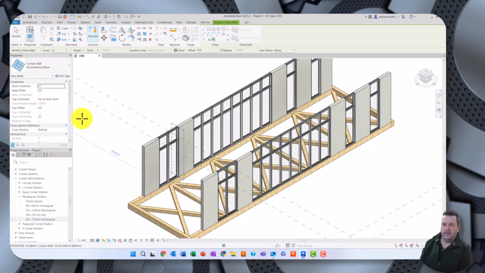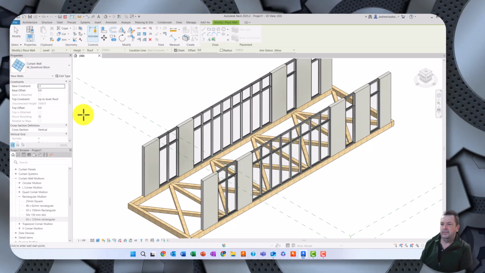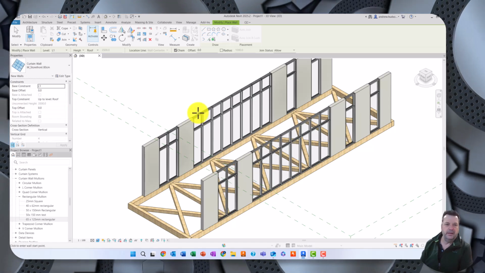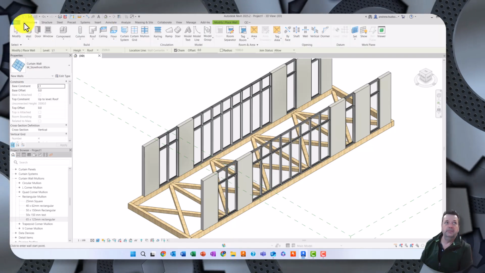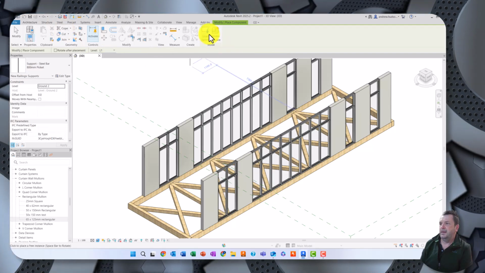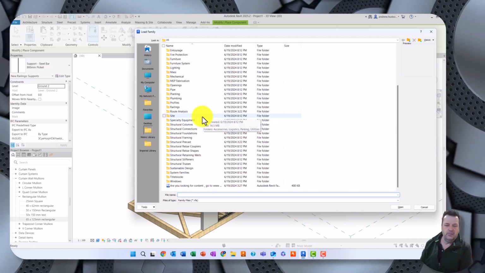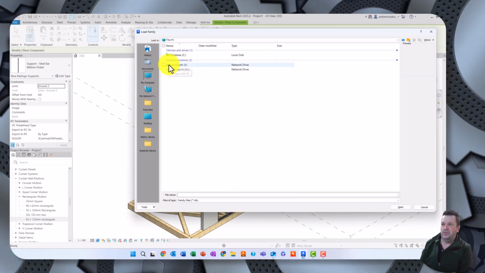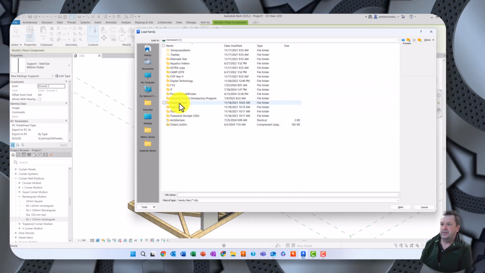Excellent. The other one that we're going to have to find is a lumber column a bit later on, and those we will need to find. So what I've done is, if we want to load a family, go to component, load family. For me, it's all showing up in my normal place that it should be. For you guys, what I've done is if you go to your computer, you should see a curriculum drive on there. If you double click that and then go down to subject areas,